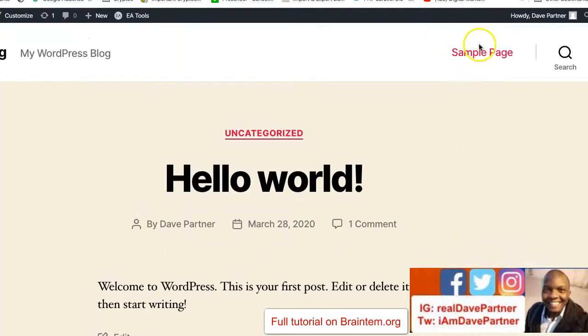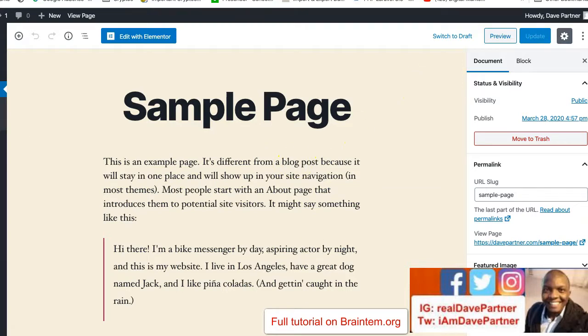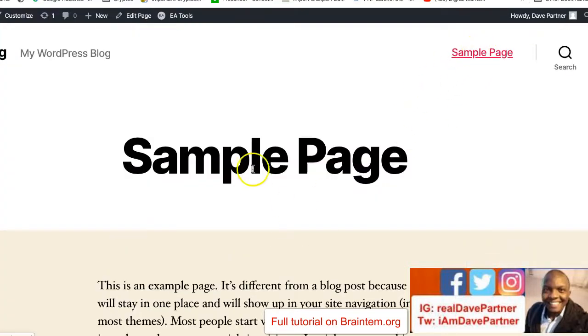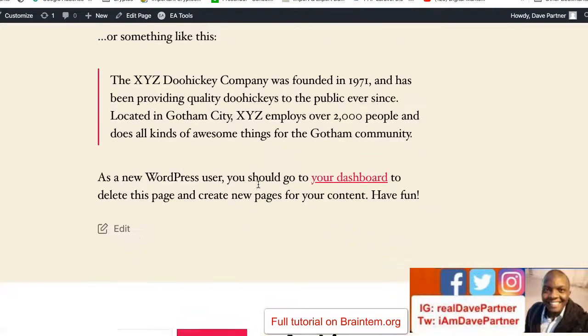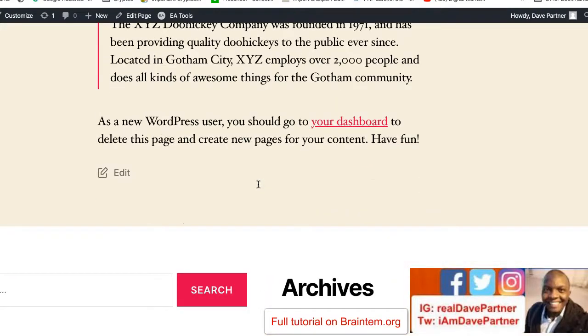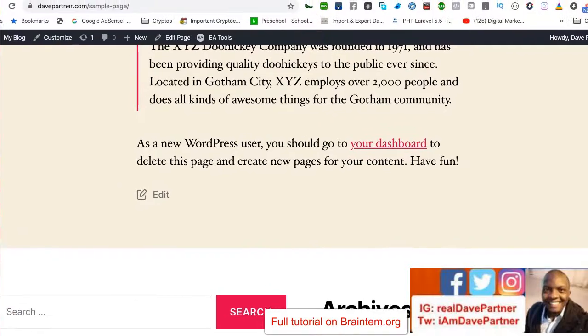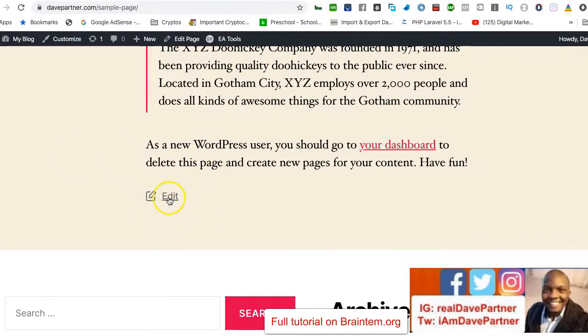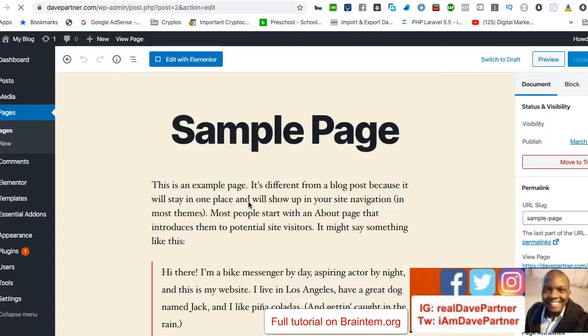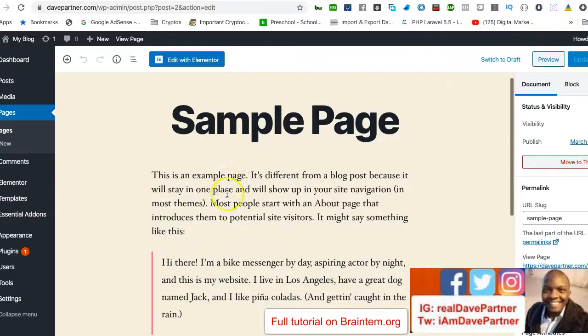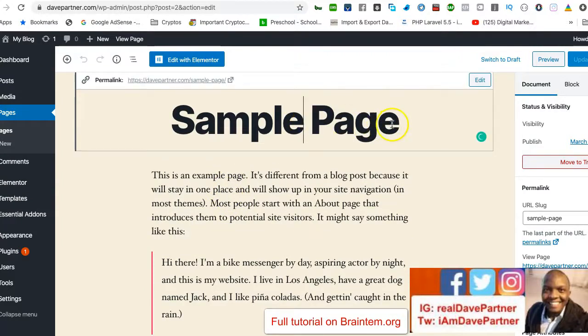So let's click here just to compare. This is what our users see. All right, we're the only ones that see this backend only here. So if I click on sample page, it opens this, then I can see the exact same text, the way our users will see it. Now, because I'm currently logged in at the backend on this browser, which is Chrome, I'm seeing the option to edit. If I click on this edit, it will still bring me all the way back into my admin dashboard where I can edit this. So if I call this sample page test,